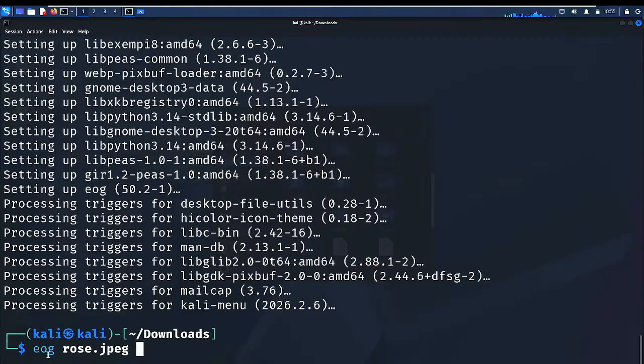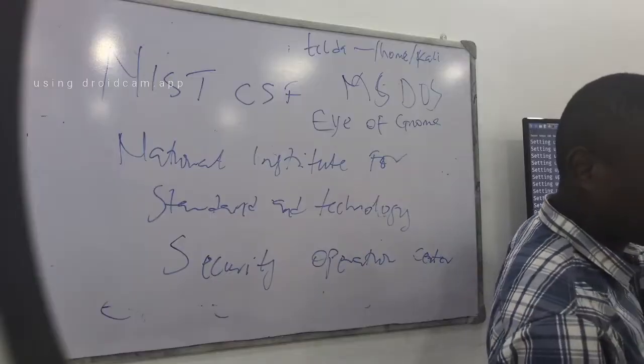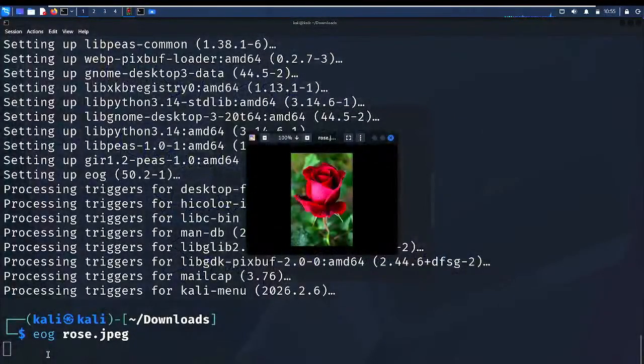This EOG stands for Eye of GNOME. You know those little garden puppets, those gnomes. Once I do this now and enter, you can see the image pops up, right?